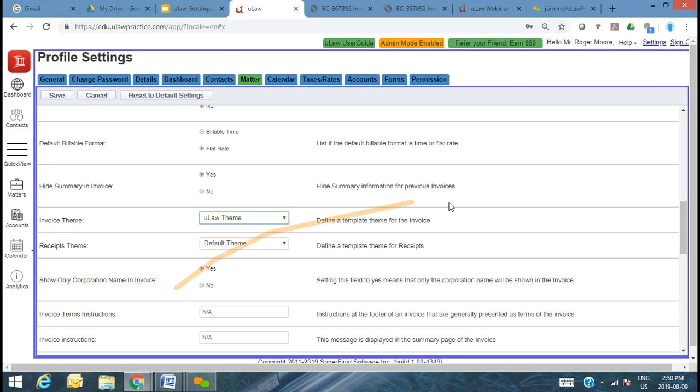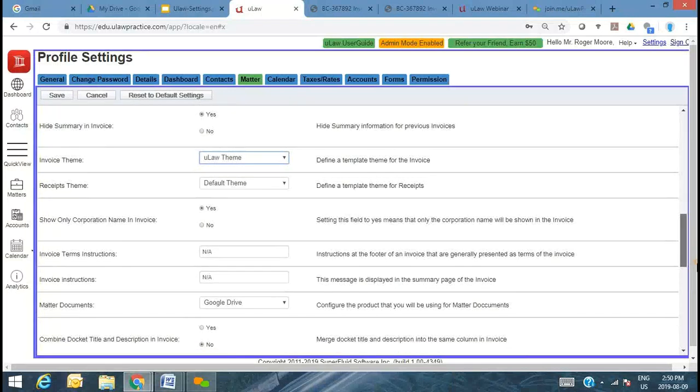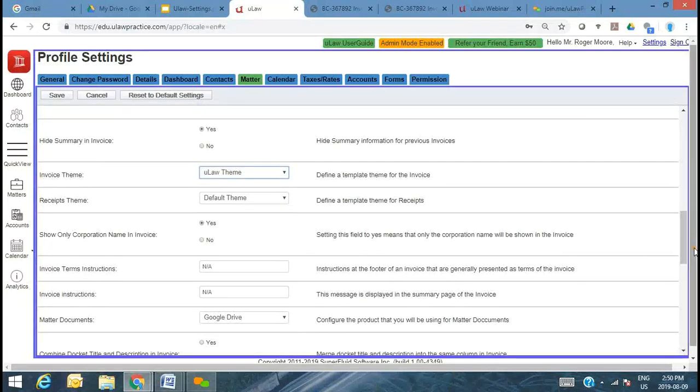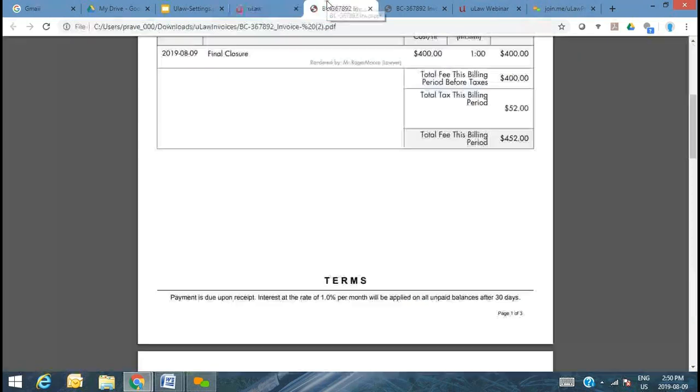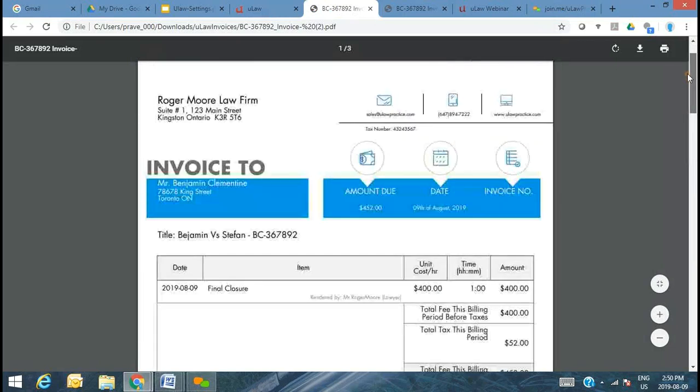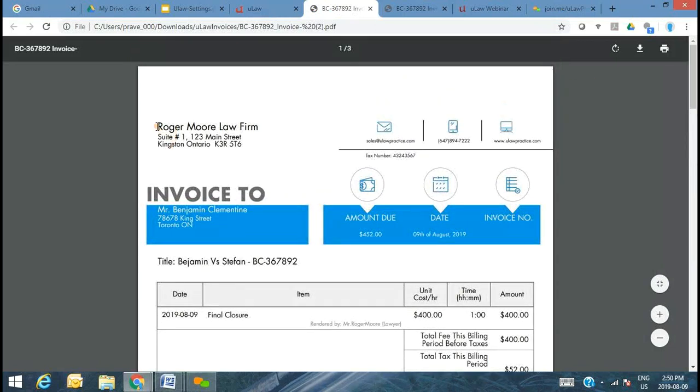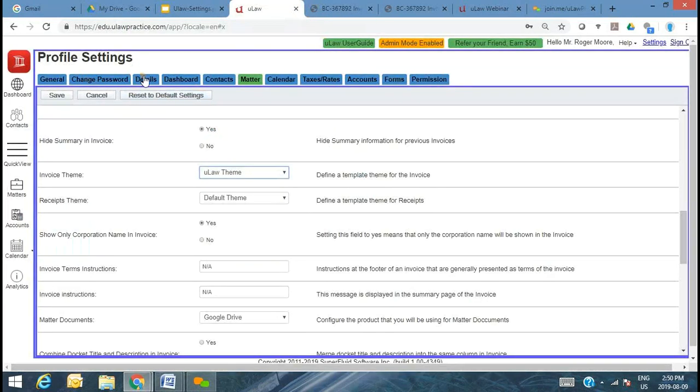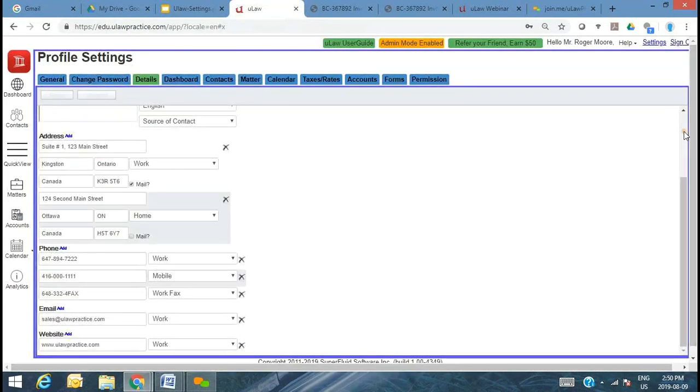Now you can decide whether you want to show the corporation name. Keep in mind, we built all these settings working with our customers, knowing their individual situation, and there are many situations that these customers have presented. One such customer said, I don't want to show my company name or my real name, right? And hence, you only have Roger Moore Law Firm, which is a setting in your details, which talks about your